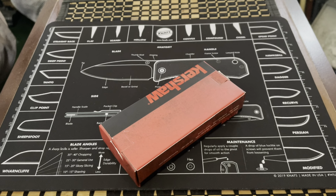Kershaw. They just come out with some good stuff. Let's talk blades, everybody. That's what we're into today. Kershaw Strata. But not just any Strata. You guys know I've done a review on the Strata and the Strata XL. This one is the Strata